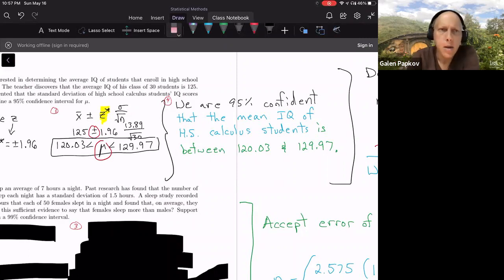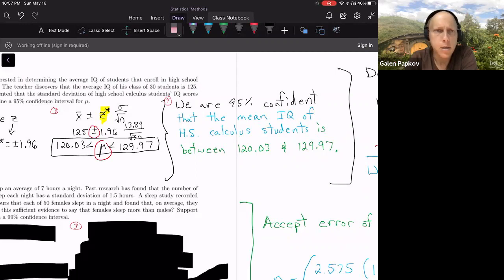Then say what we are confident about. And so this is describing the parameter in context, and the parameter is mu. That's why I've circled it inside the interval. And that is the population mean IQ of high school calculus students. So we are 95% confident that the mean IQ of high school calculus students is